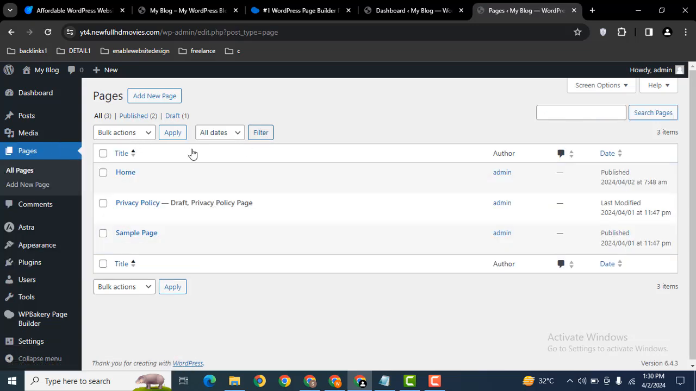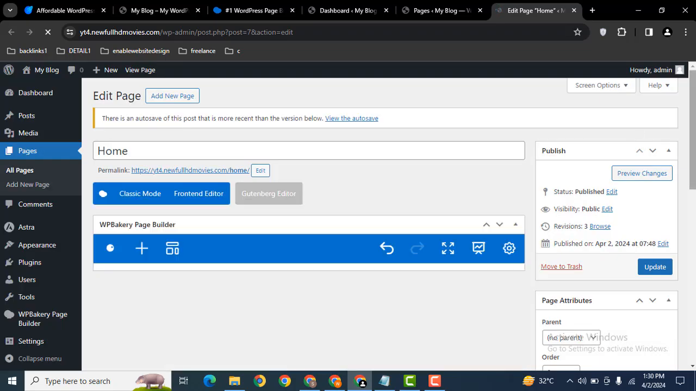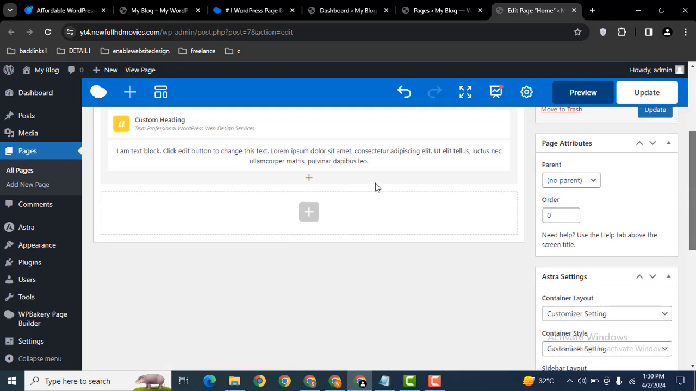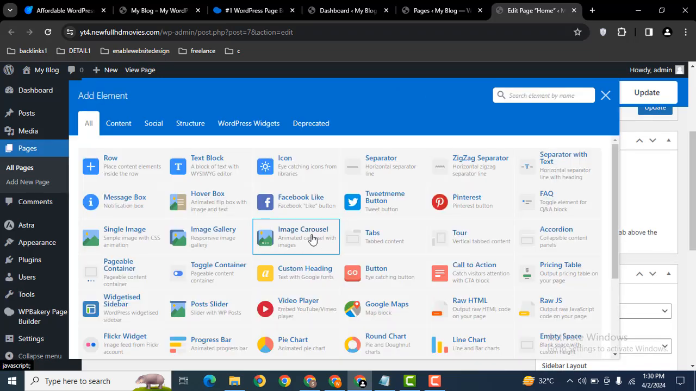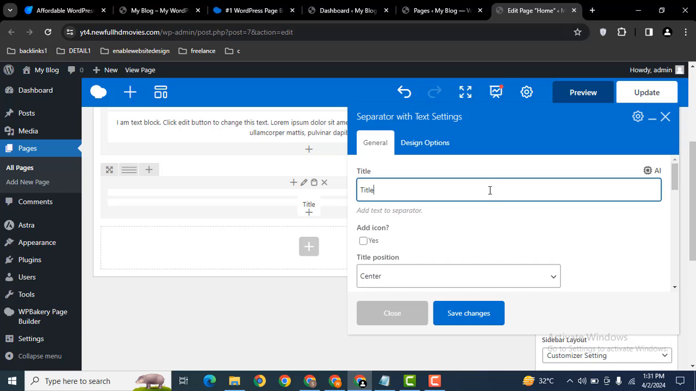Let me go to pages, then let me edit this page, and here you can see backend editor as well as front-end editor. You can use whatever you want. Then here you can see plus. Let me add a new row, then click on plus icon, and here you can see separator with text. Let's select this one. Then here you can add some text, for example